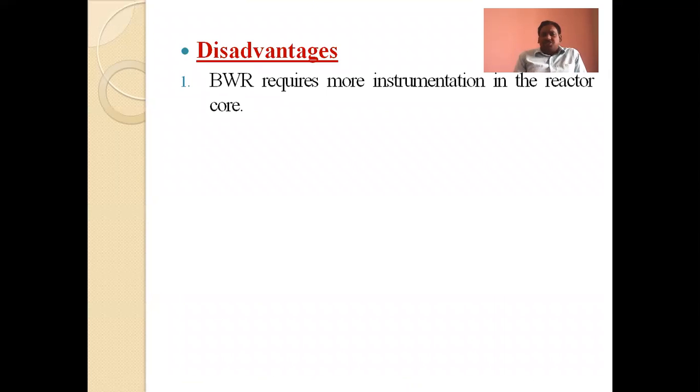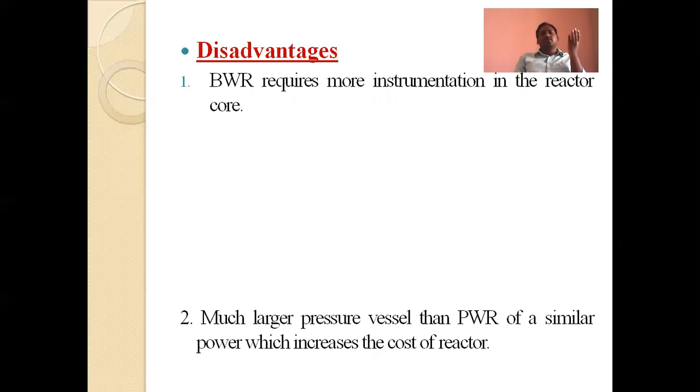And coming to the disadvantages, the BWR requires more instrumentation because the reactor itself produces steam. That's why more calculation is required: how much heat is required for the production of the required steam for the power generation. That's why more instrumentation and accurate calculations are required. How much nuclear fuel is given to the nuclear reactor? From that, how much energy is produced? From that, how much steam is produced? From that, how much electrical power is generated? With respect to the load, calculations and instrumentation are always required. That is the main disadvantage of BWR.